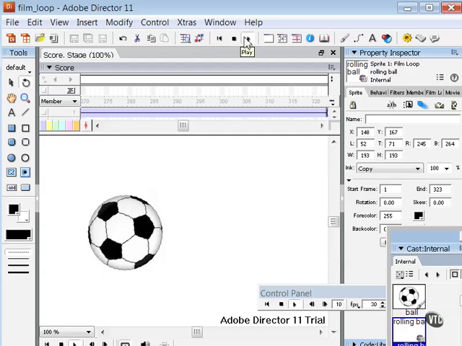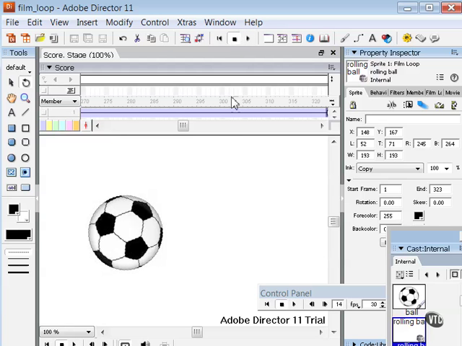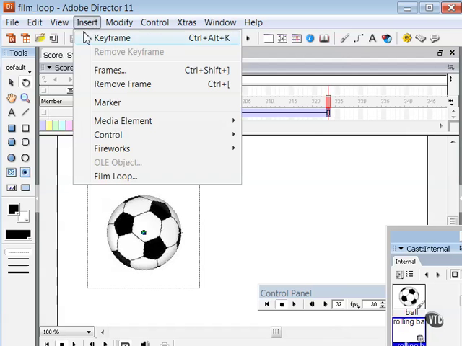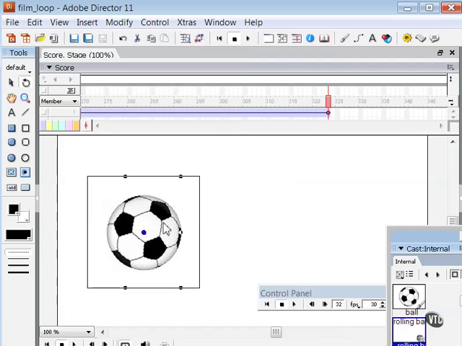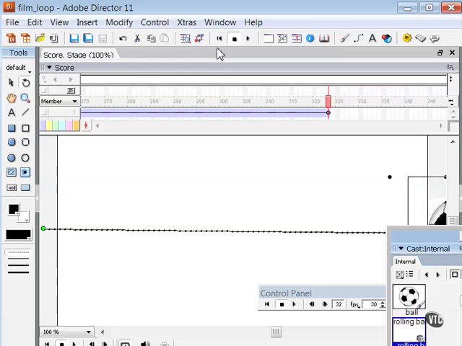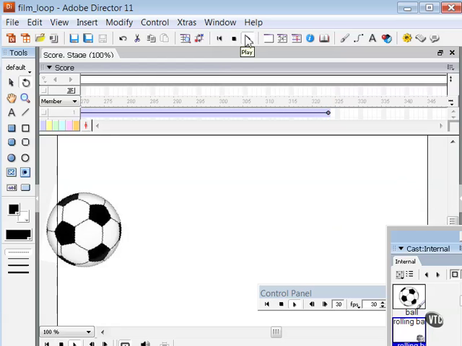So let me go ahead and play this back, and you can see that this is simply a ball that's spinning in 360 degrees. However, I can now move the ball here at the end. Let's go ahead and insert a keyframe here, and let's move the position of the ball. Click on that keyframe, and let's move the ball off the stage, and let's take the first keyframe, which is represented by that green circle, off the stage in that direction,